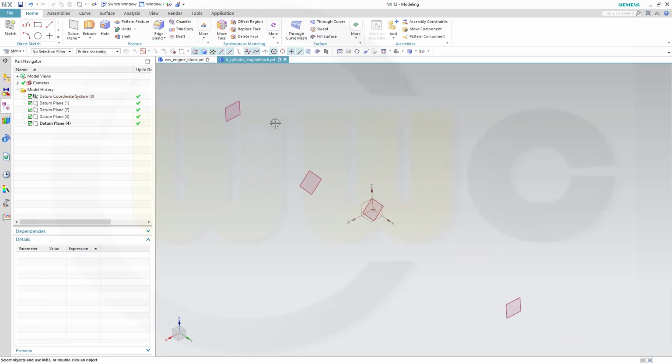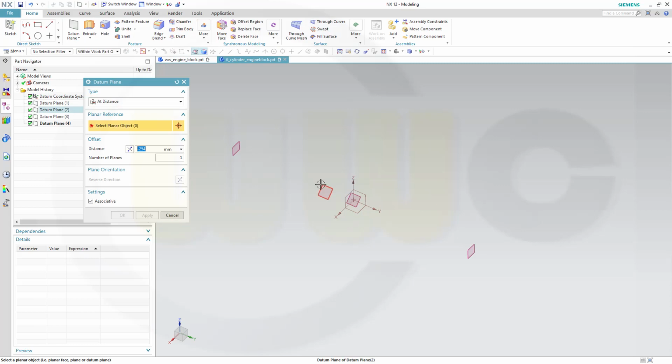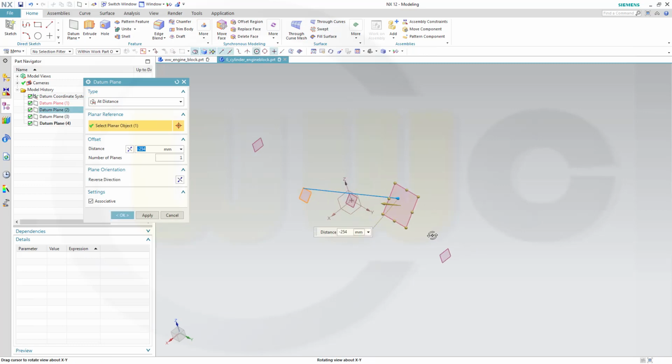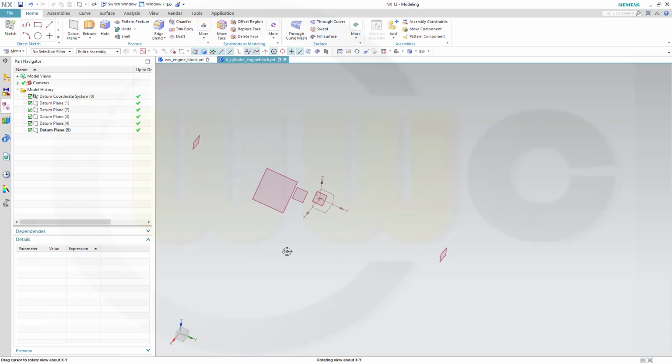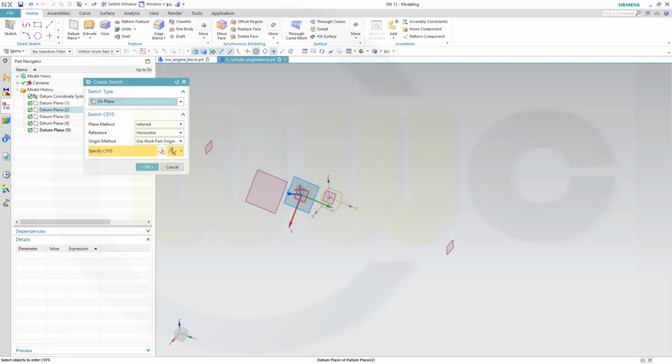So in between those planes I want to model my engine block, but I will need one more plane, so go for another one at a distance from this one and that distance the other way around, or just plus 156.1 millimeter, and okay. Now let's start with our first sketch, and that sketch would be on this plane right there,